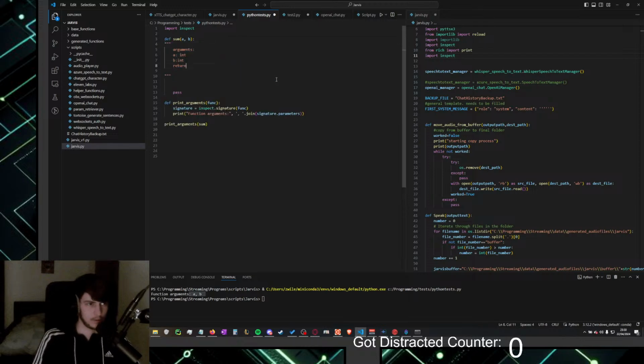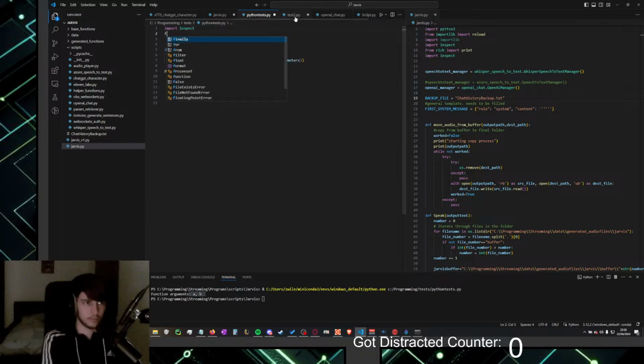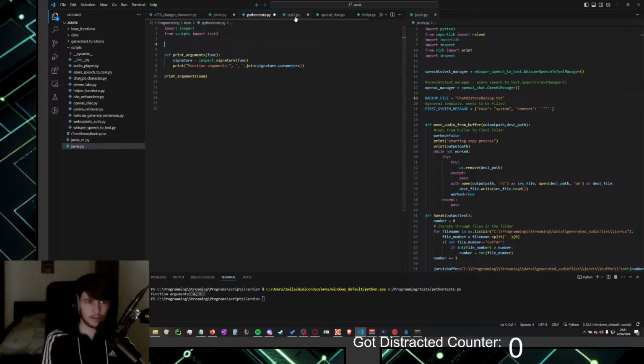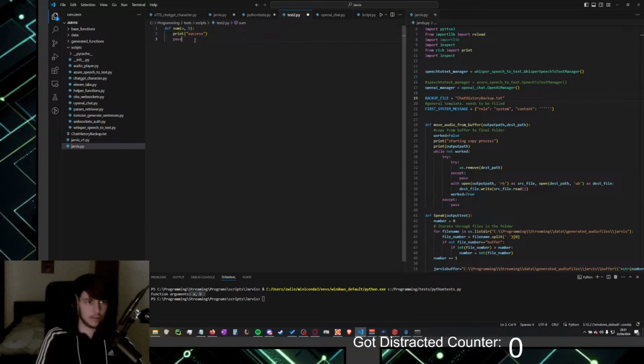Also, wait, did I remove something from here? Oh yeah, the inspect. Yeah, it doesn't matter. Then I can go from script import test2 and then print success, so that we know that that works.